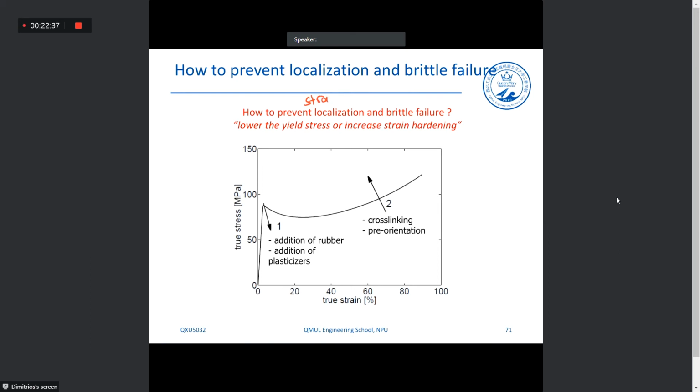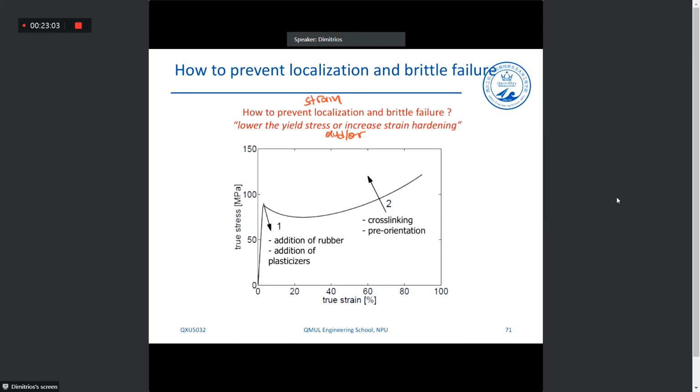How to prevent brittle fracture, essentially. And the way to do that is by lowering the yield point, okay, and or increasing the strain hardening, okay. So by two main methods, by addition of rubber particles,